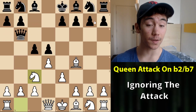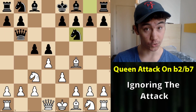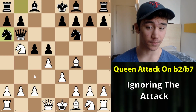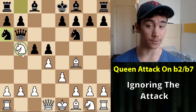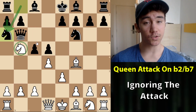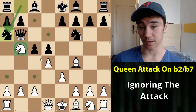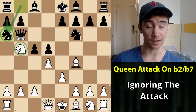And even if they defend f6 in this position, this admittedly is not so straightforward. This is more of a positional game we're playing now, where we play knight b5, we force black to go knight a6, and now essentially what white is saying is that, okay, our knight is very difficult to kick out from b5, because you play knight a6 blocking your a pawn from kicking it, and so essentially what we've made is a positional exchange, so to speak, where our knight in b5 is going to sit here as long as it's comfortable for doing so, and black's knight is also confined to sitting here for a6,